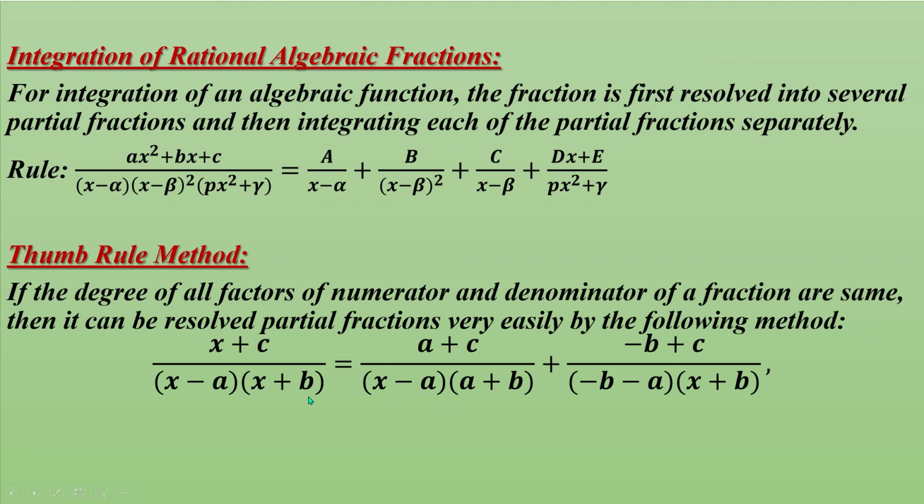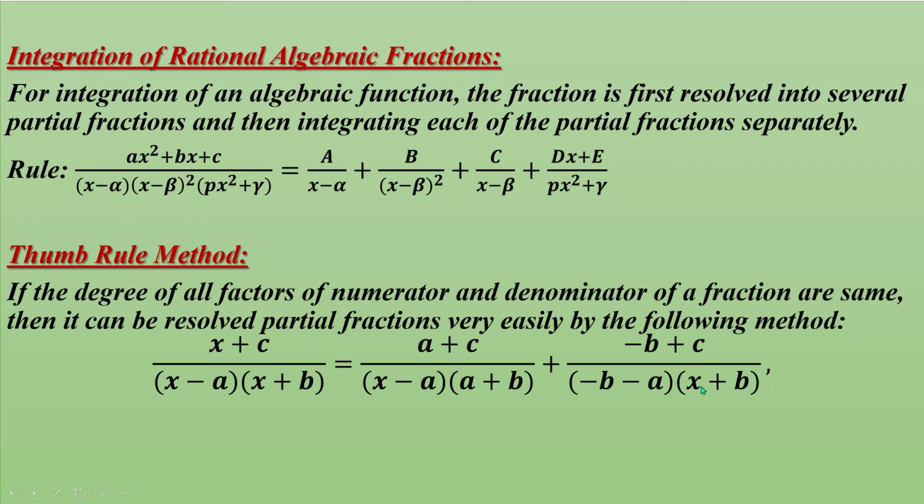Clear? Again follow. At first we have to fix this part. That means this is fixed, and considering x minus a equal to 0, as a result x is equal to a, so all other x will be a. That means here will be a, also here will be a. For the second part we have to take x plus b, this is fixed, and consider x plus b equal to 0.